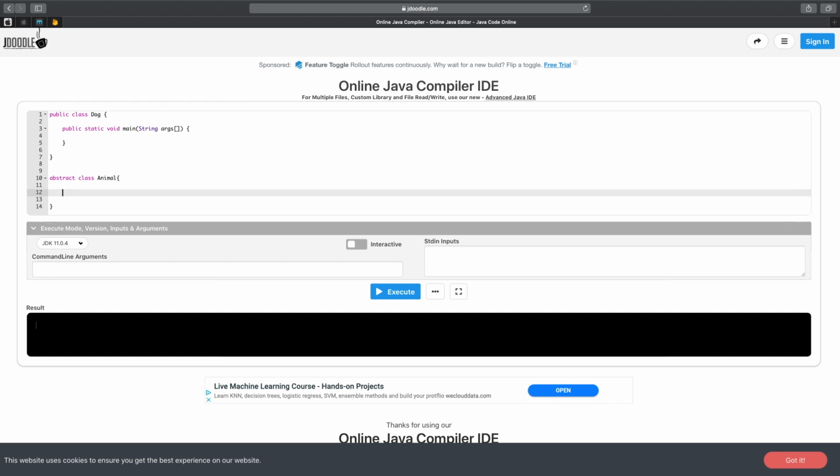And I guess every animal makes a sound, and so a dog makes a sound, and so we could just do public abstract void, and then I guess sound, because why not? Public abstract sound. And so inside of here, we will just extend it like we do extending interfaces and classes. So we do extends